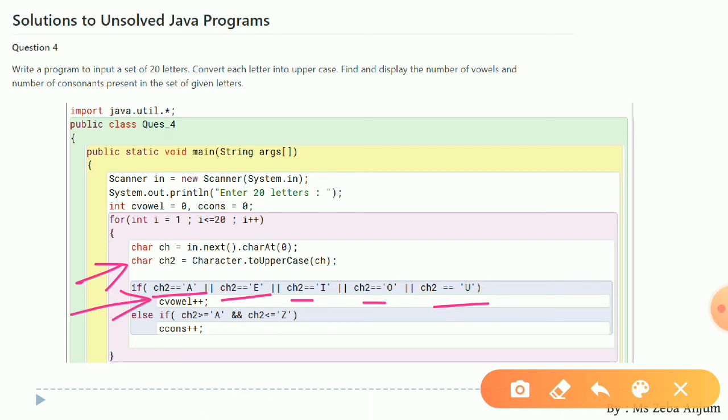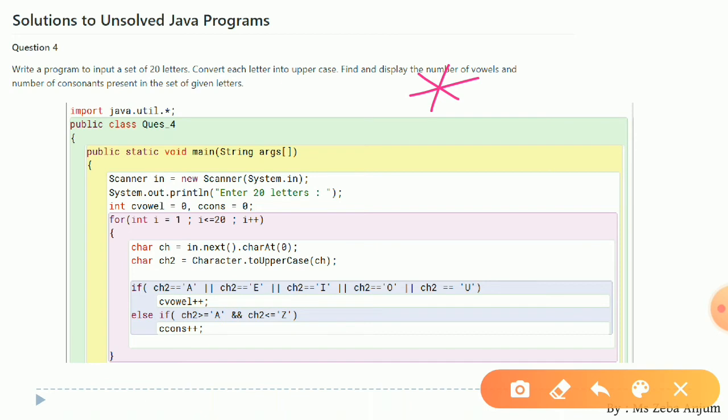Yes, now else if ch2 should be greater than or equal to A and ch2 should be less than or equal to Z. Now why are we using this condition? Why are we not just going for a simple if else? Now my dear students, sometimes it may happen that you were asked to enter a letter and it has given you this asterisk sign.